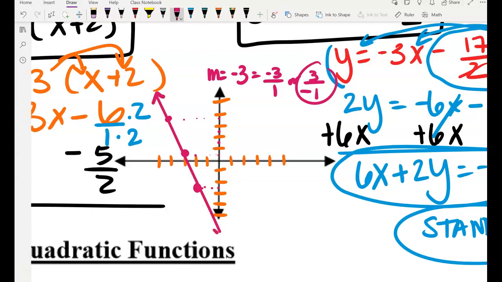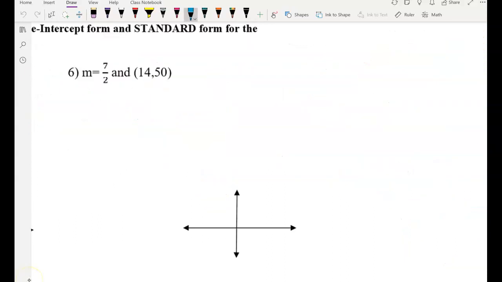Remove my straight edge. Okay, guys, last example. The slope is given to us as 7 over 2, and you're given a point (14, 50). Remember, a point could be seen as x1, y1, or x2, y2, whichever subscript you want to use. Sometimes we call it h, k. So your point slope form